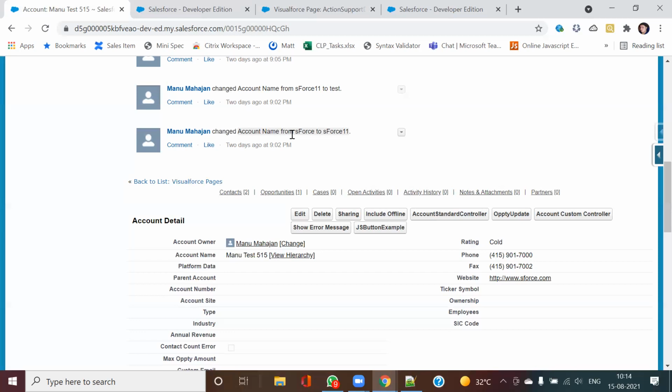In that case, you use action function. Action function is simple. You have one button, and once you click on that button it should not call my Apex class controller directly. Before calling that Apex class controller, I want my JavaScript to get executed. In case you want your JavaScript to get executed, you will call action function.